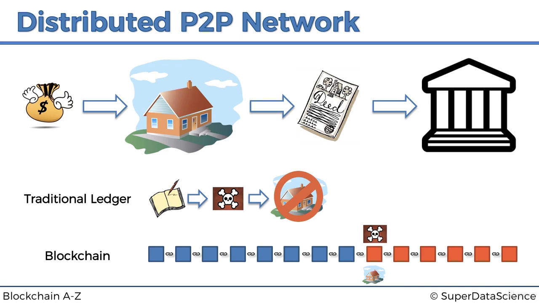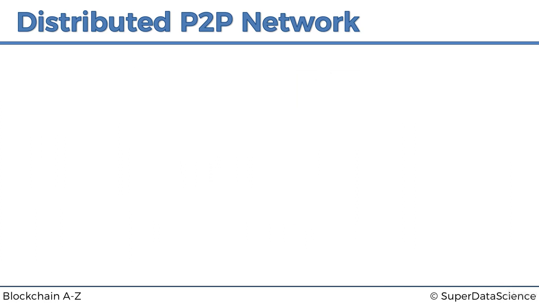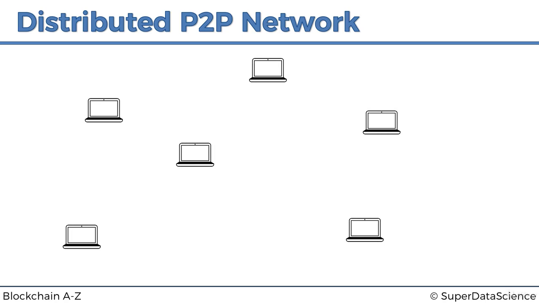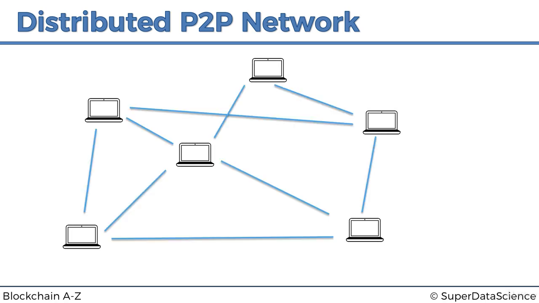And so those are the problems that distributed peer-to-peer networks solve. So let's have a look. In a distributed P2P system, we've got lots of computers, and they're all interconnected. Ideally, the more they're connected, the better. But of course, you can't be constantly connected to everybody at the same time. And some computers further away are going to be connected a bit less to each other and so on. But through the network, everybody is interconnected.